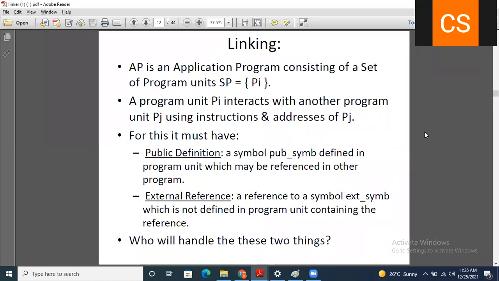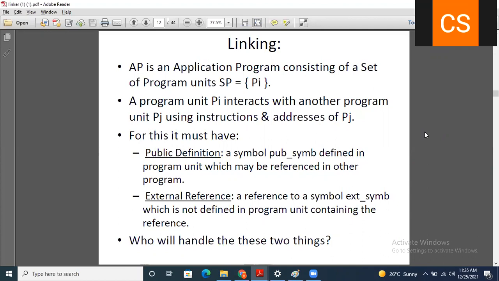So a program unit PI which interacts with the other program unit uses the instructions and addresses of the other program. So for this, it must have public definitions and external references.